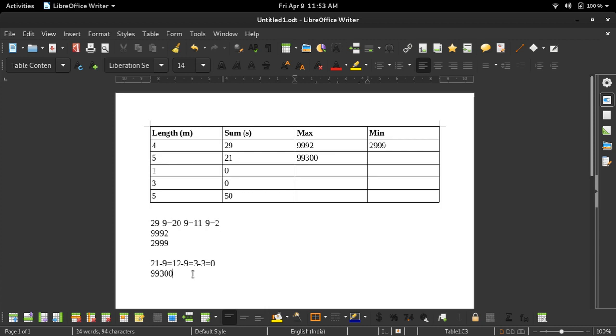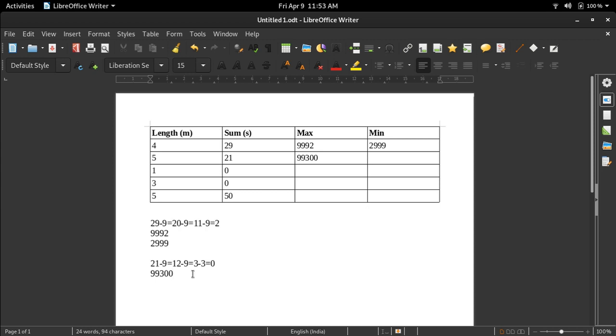Now if we want to find the minimum, what we suggested in the previous example is that we have to reverse the number. But reversing the number doesn't satisfy our condition, because it is a 3-digit number, not a 5-digit number. So what can we do? We can simply put 1 at the first place.